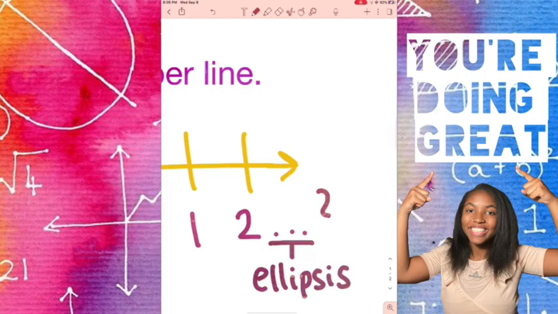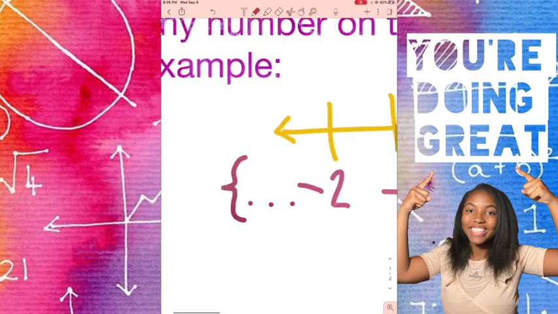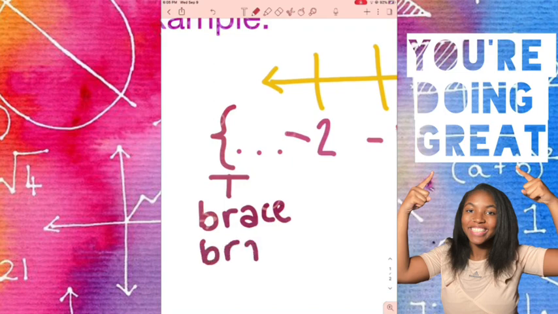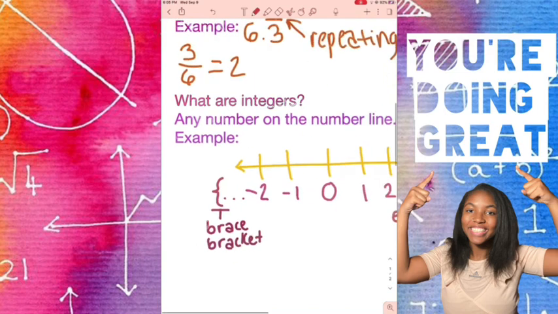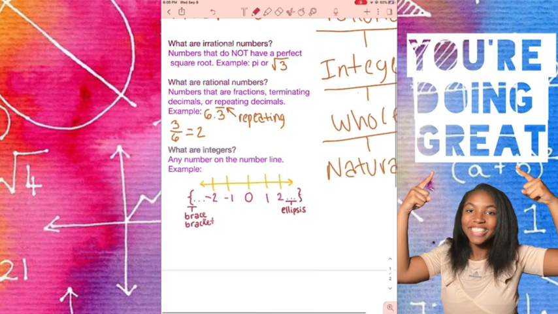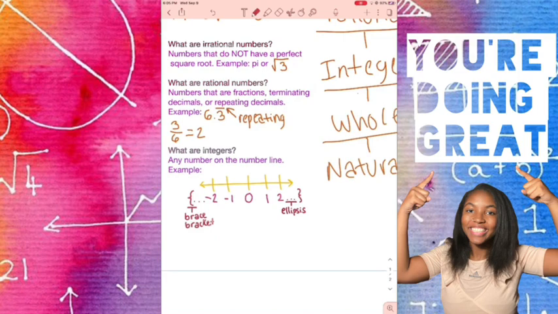Another important factor when you're listing out numbers is a bracket, which are these little squiggly lines that I'm drawing right now. That's how it is spelled if you would like to know. It also can be called a brace, which just means it's a group. In this case, it's a group of integers.